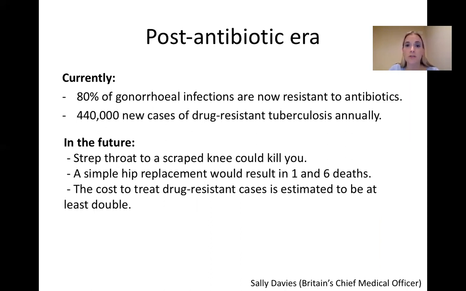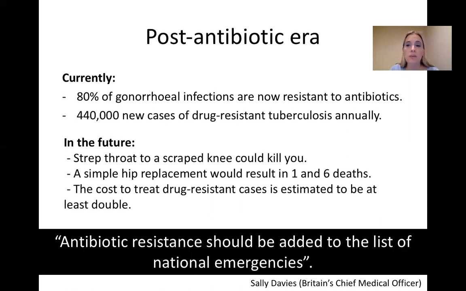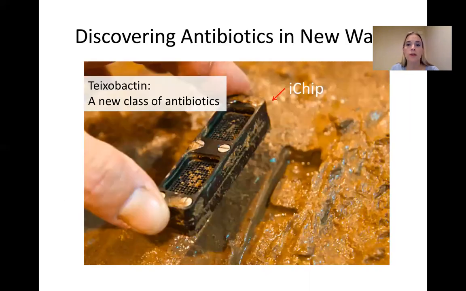So pretty serious stuff. All right, so please keep in mind that this really should be added to our list of national emergencies. We should be thinking about better ways to make new antibiotics. And so one really neat thing I wanted to talk about today is something called the iChip, and a new way of making and discovering antibiotics. That's teixobactin, by the way. It's this new class of antibiotics that they're looking into, and this discovery was made using this really cool device